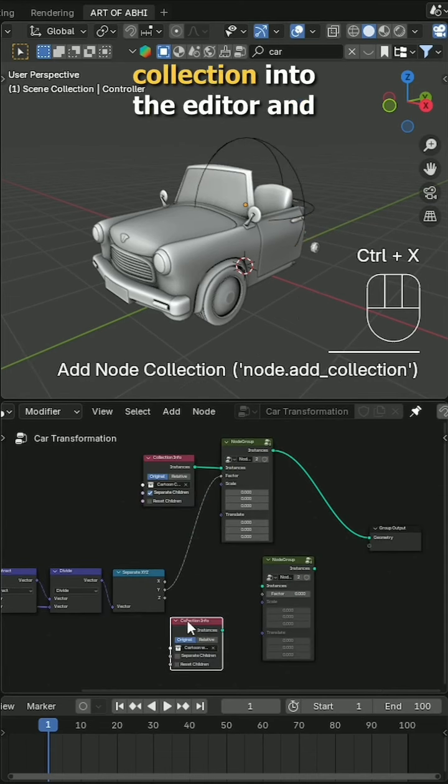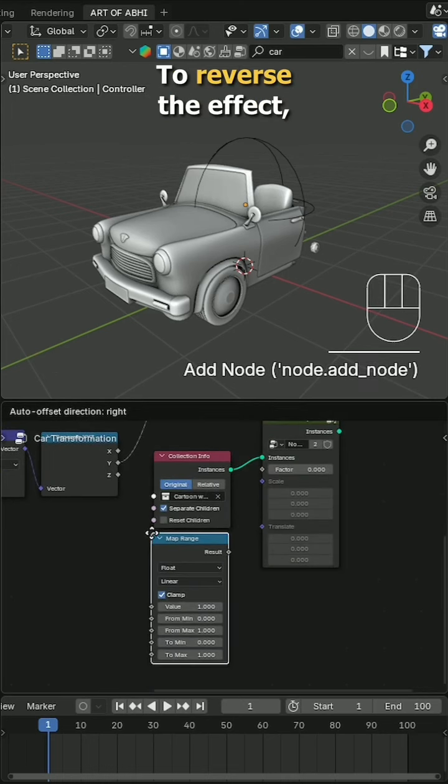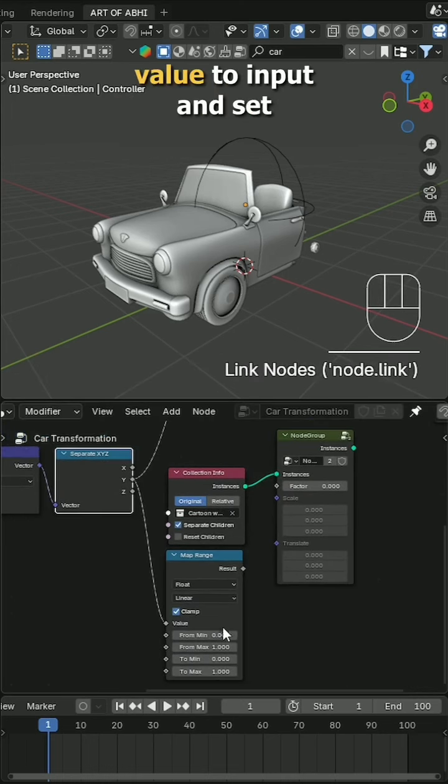Drag the second car collection into the editor and enable separate children again. Connect this new collection to the second group. To reverse the effect, add a map range node. Connect the same Y value to the input and set the two